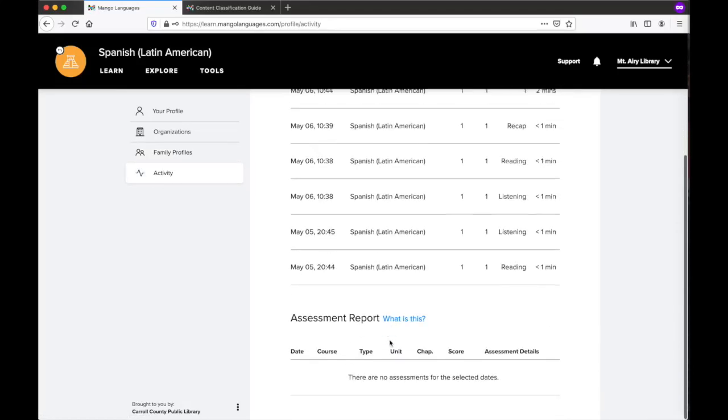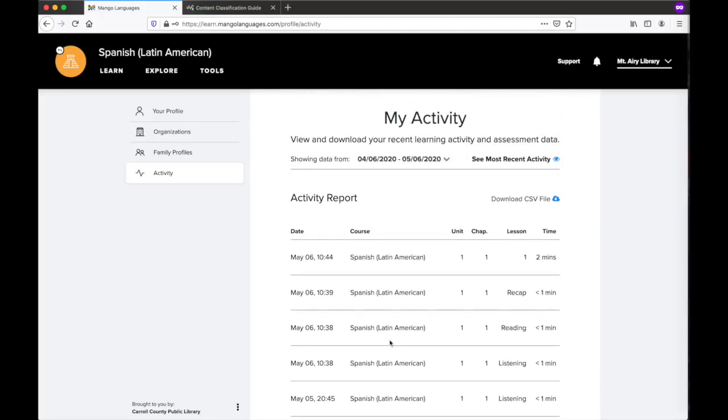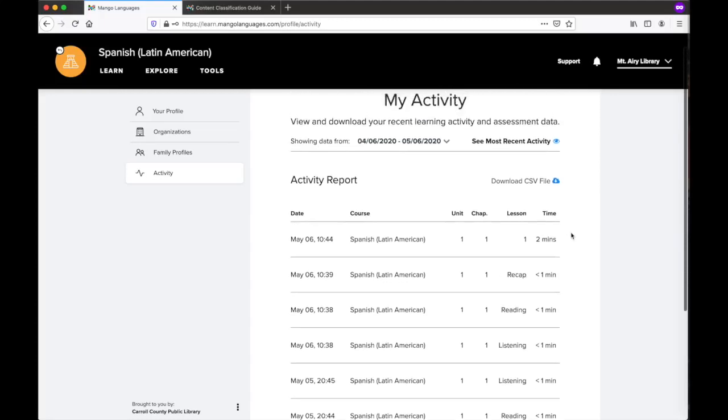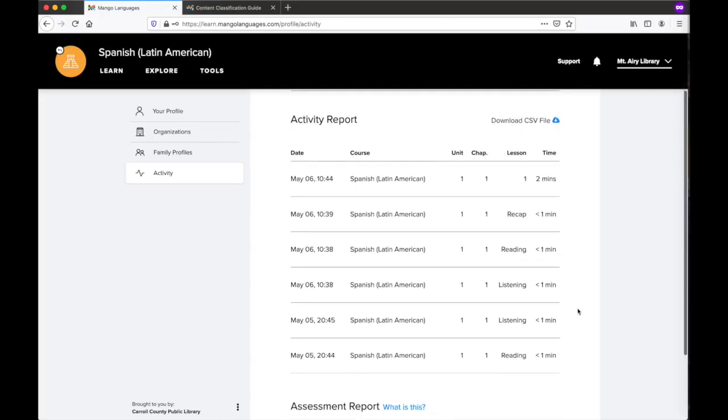So activity shows an activity report of what you have been doing on Mango. So it'll allow you to keep track of the time. So for instance, if I say to myself I want to work 15 minutes a day on Spanish for librarians, I can see, these are all the different things I've done recently. But I could add that time up to myself and keep track of how much time I'm doing,